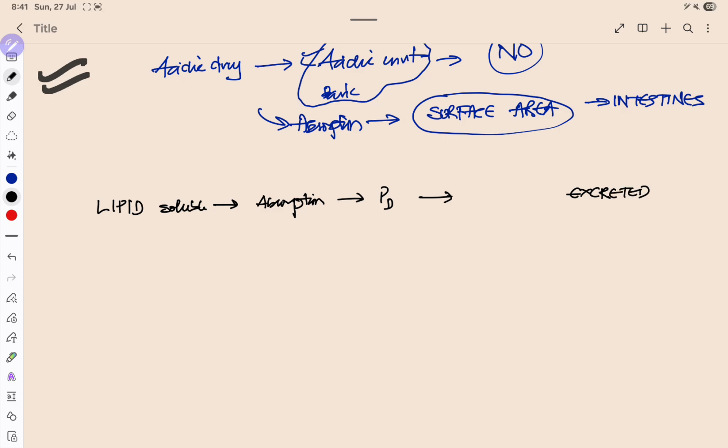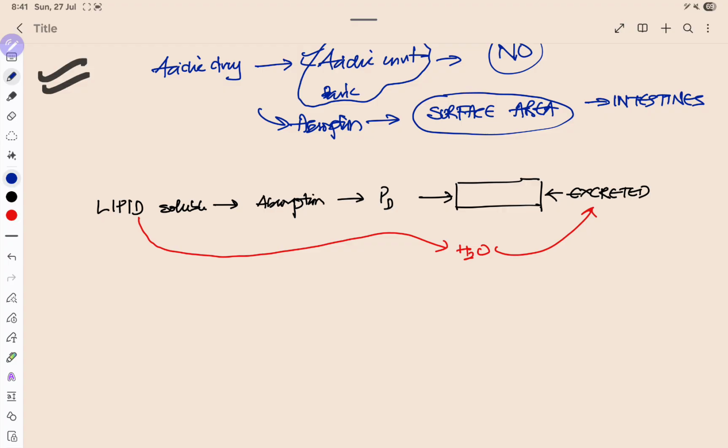Now, between this, there is a gap. This gap is concerned with converting lipid soluble into water soluble for easy excretion, and this is what we call as metabolism. Now, metabolism is also known as